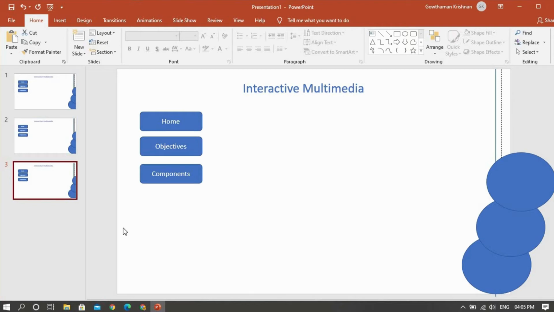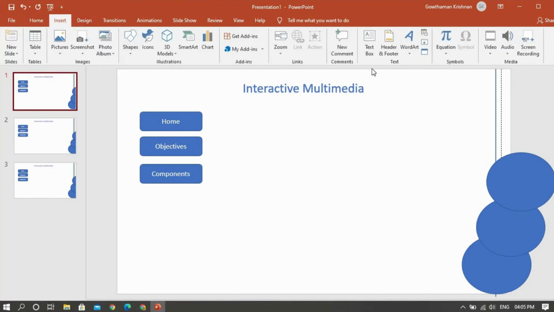So we have created the basic thing. Now let me see, the first slide will be the home button. So in the home page, for example, I want to insert some content here.